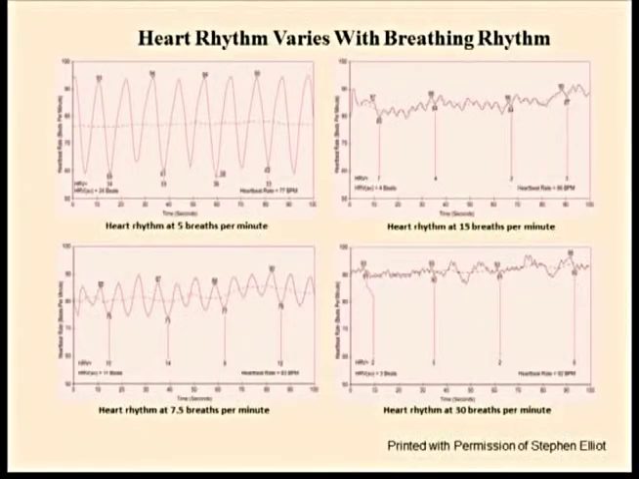Now, Dick talked to you a little bit about this earlier, but what you're seeing here is a person breathing at about 15 breaths per minute. That's sort of a normal breath rate. And the difference between breathing in and breathing out is only about 4 heartbeats, okay? Now, if you get the person to breathe at 7.5 breaths per minute, what you see is this beautiful